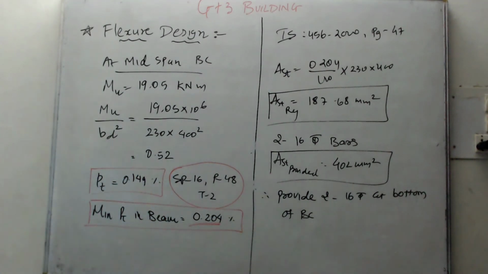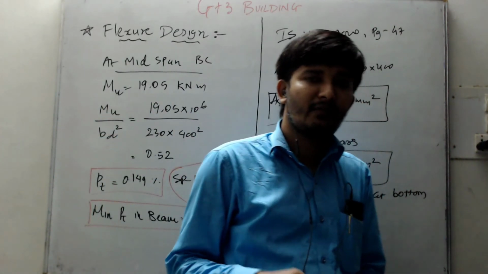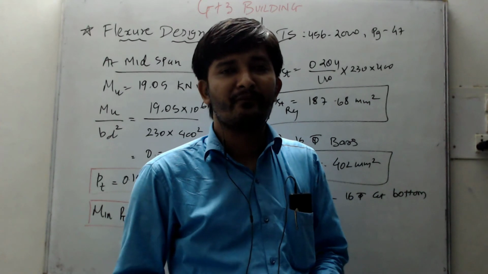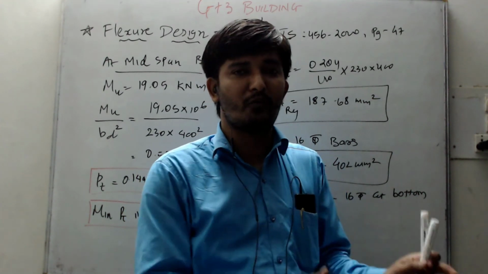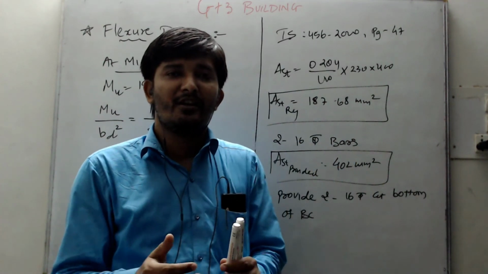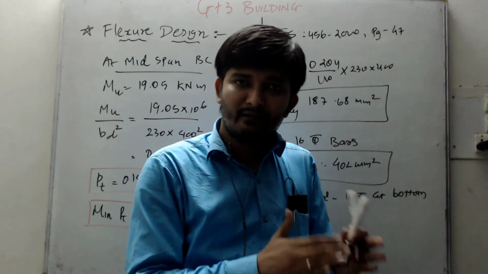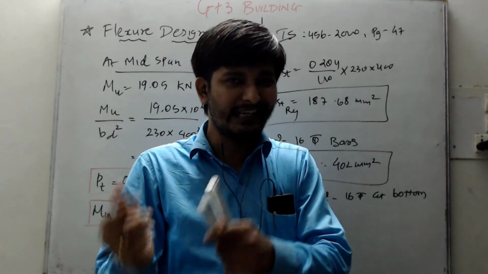So this is how you can calculate the reinforcement at mid spans. I hope it is clear to you how to calculate this. So in the next session we are going to calculate the area of steel required and number of bars required at the supports, right? We have calculated the support moments using the moment distribution method, so we are going to use those values in the calculation of the area of steel, pt, and number of bars at support.